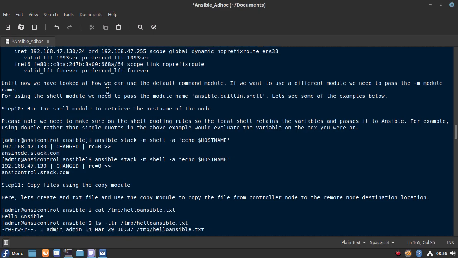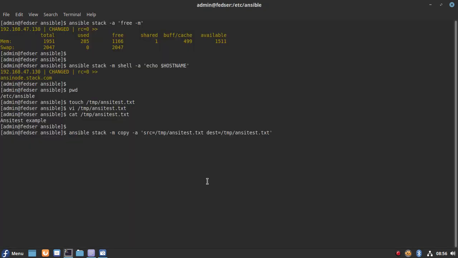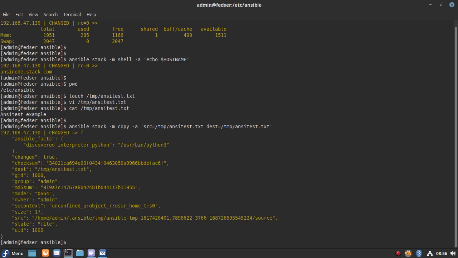Let me check it one more time. We can copy directly from the source to destination. Let me try it. As you can see, it has successfully executed. It has created a file on the destination temp ansible test with group ID and GID admin.